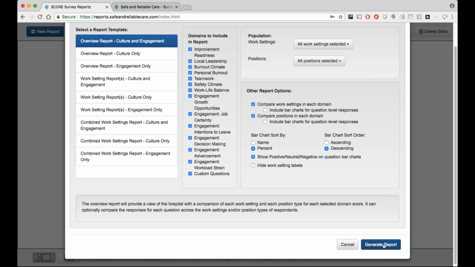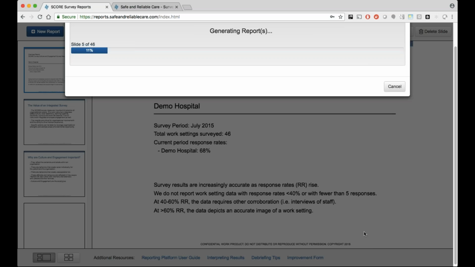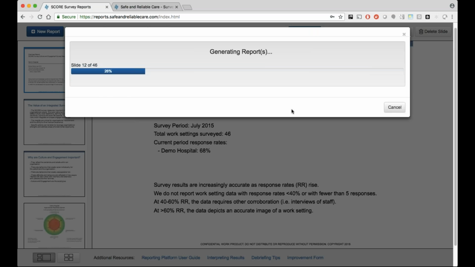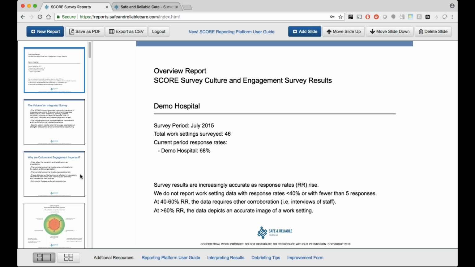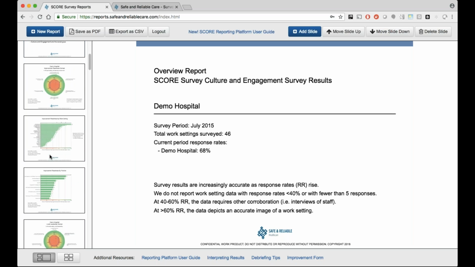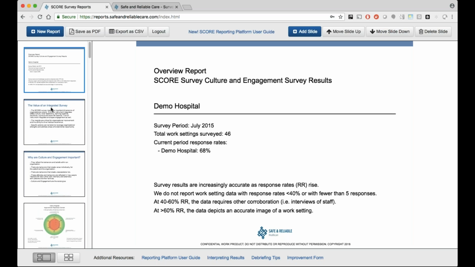But I'm going to go ahead and click Generate Report on this and walk through the slides. So you'll see a progress bar indicating the number of slides that have been generated so far. Once that's complete and at 100%, this will dismiss, and then you can scroll through the report here on the left-hand side, and if you left-click on each one of the slides, you can see a full view of the